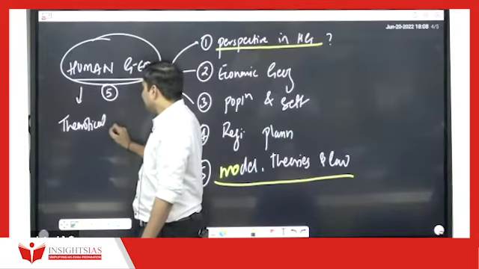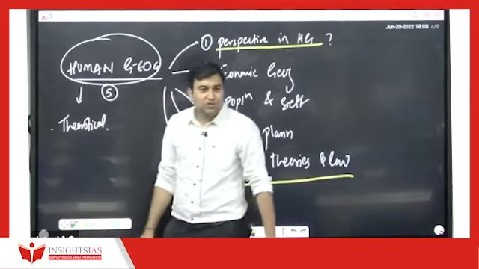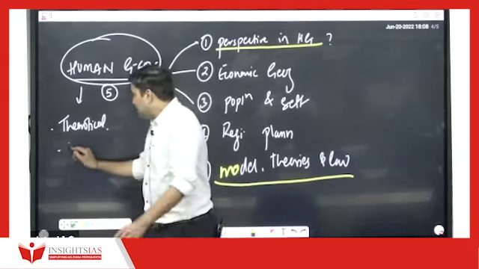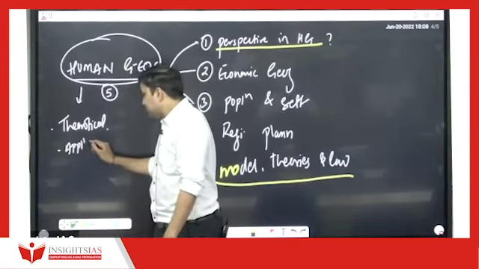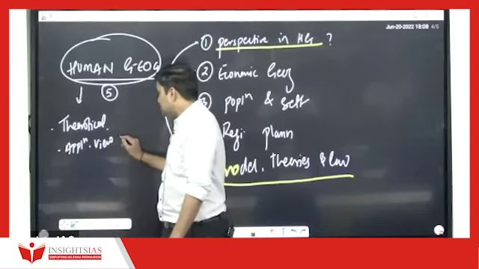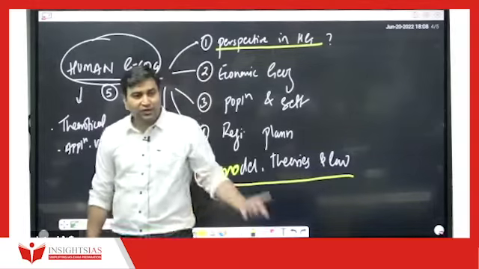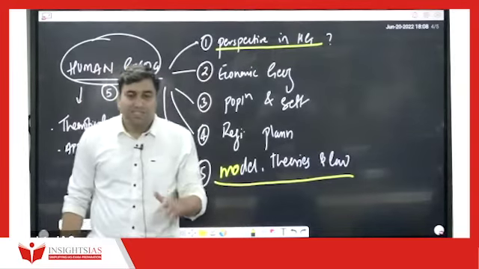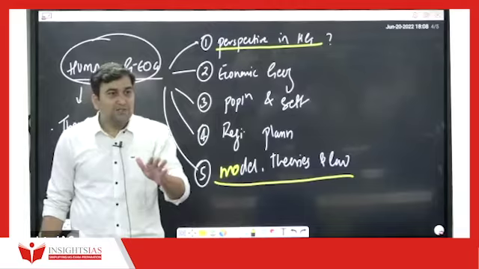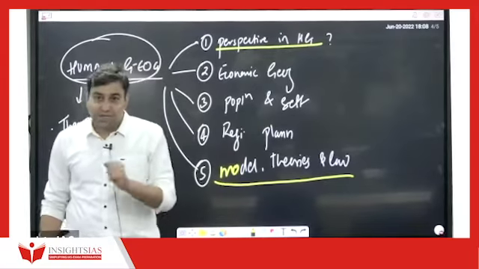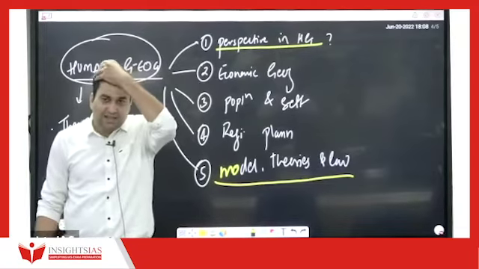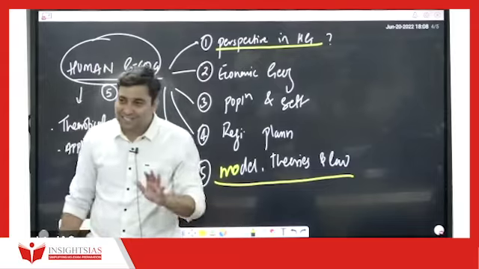So here, human geography itself is basically completely theoretical. Most of the topics are theoretical, application, and various views or thinker oriented. I will tell you a story so that you will understand what is there in perspectives. For example, earlier, is physics a science? Is physics a science, guys? Is physics a science? Why?